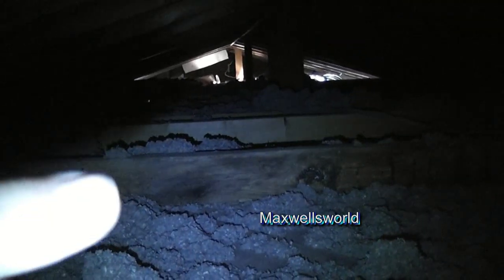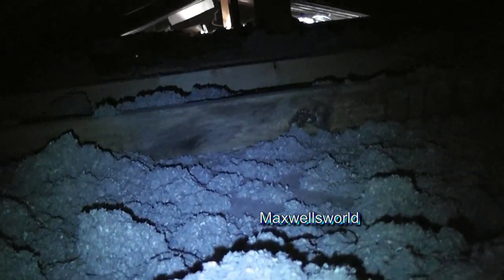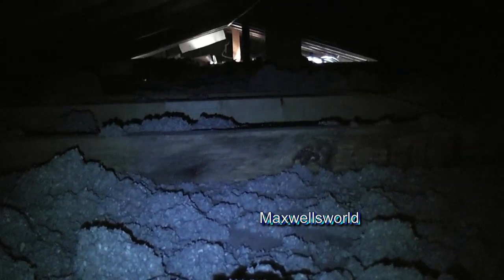Here, let me just throw a little bit of light on you guys. If you look right there, the dark one there, not the light one in the distance, but the dark one, that's another stringer, and it's another 18 inches out. So I'm debating if I should tear off my 2x6 and move the wall 18 inches out, or